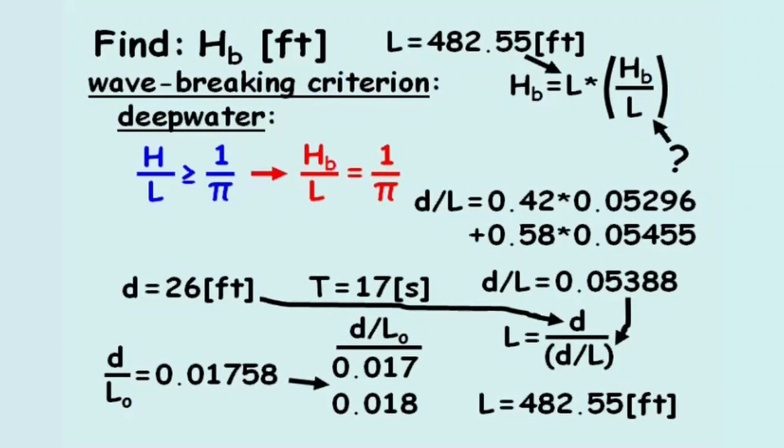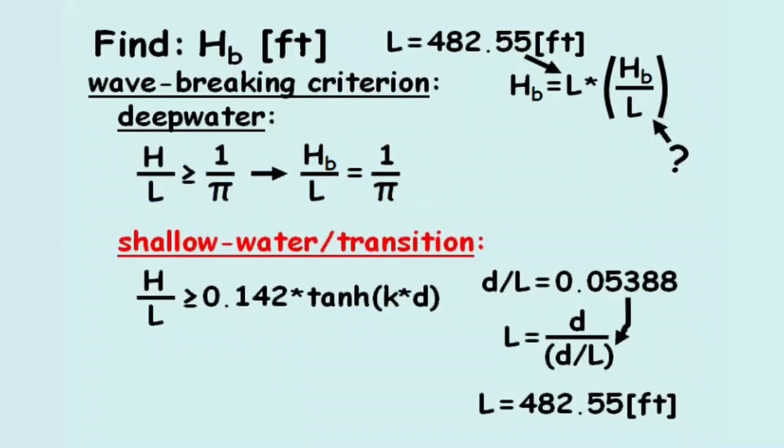If the wave is in shallow water conditions or in the transition between deep water and shallow water, the wave will break when the wave height divided by the wavelength exceeds 0.142 hyperbolic tangent of kd. In this case,